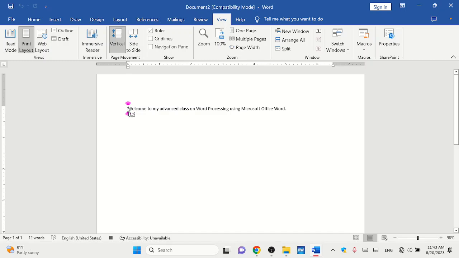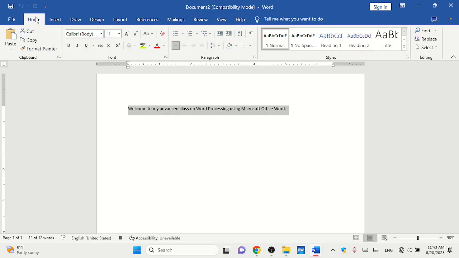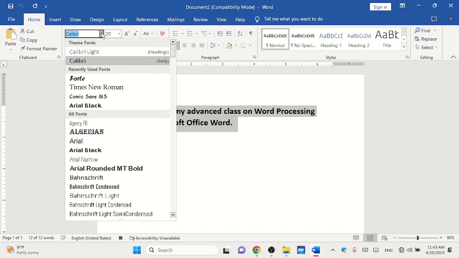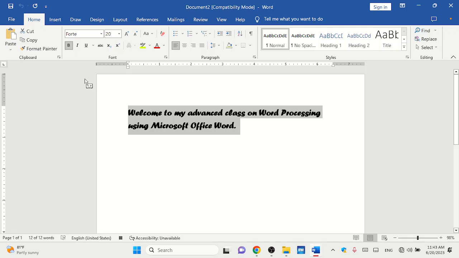So first step, I want to highlight this. Then I'll click on Home. I want to bold the words. Then I want to increase the font size to, let's say, font 20. Click on it. Then I want the font face to be Forte, F-O-R-T-E. You see it now. Then I want to underline it. You see the format I've given to it now. Now, since I'm okay with it,